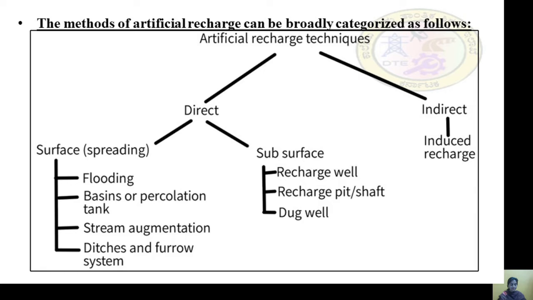In the indirect method, there is the induced recharge method. This was about the techniques classified for artificial recharge method.